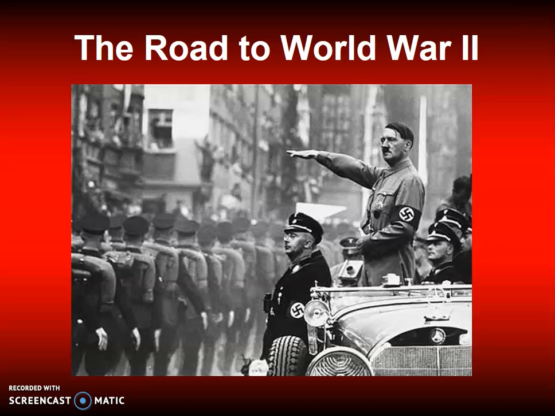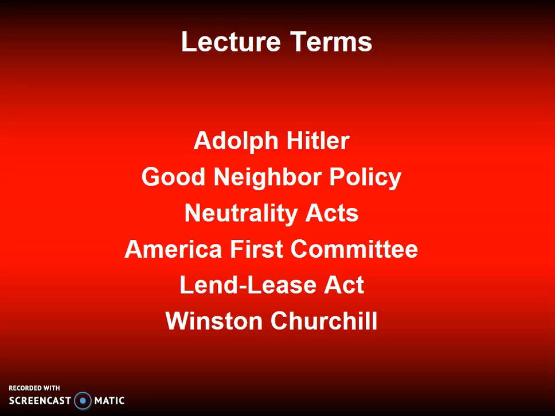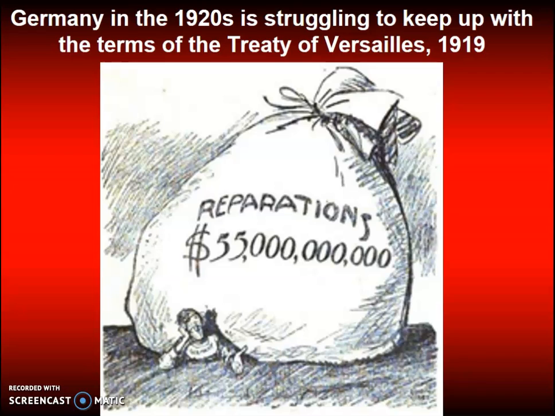Hi guys, we're back with lectures 16 and 17, which will cover the interwar years, in which we take a look at how World War II came about and eventually how the United States will become involved in this conflict. I want to begin our discussion by going back in time to the Treaty of Versailles, 1919.